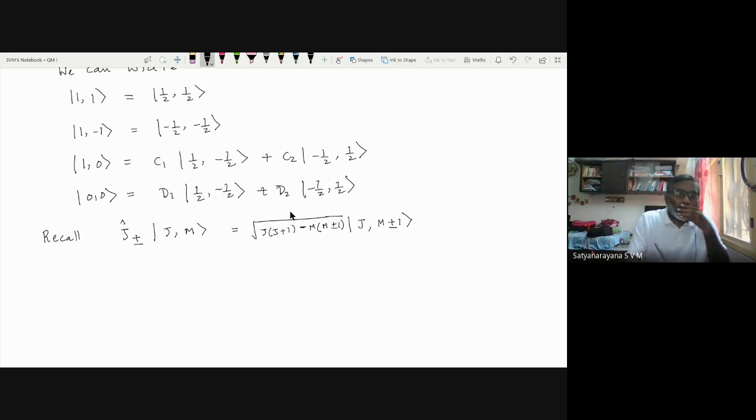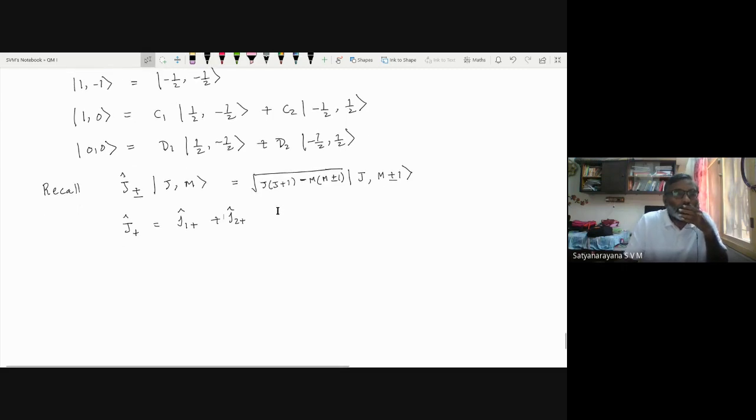Okay, so this is one result that we already know. And also note that this J plus operator is the same as J1 plus operator plus J2 plus operator, because J equals J1 plus J2. So what I am going to do to find out C1 and C2, okay, operate